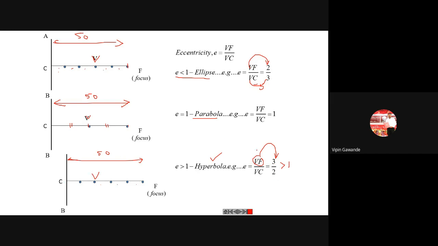So you have to be very careful about marking the number of divisions that you get from the eccentricity formula. And these are the basic steps you have to follow while starting the construction for all of them. In the ellipse, parabola, it is very simple. Whatever the distance CF is given, you just take the midpoint of that, so that becomes your vertex. In case of the hyperbola, you have to see how many divisions are given here, and accordingly you have to divide the CF line. So that is very important.